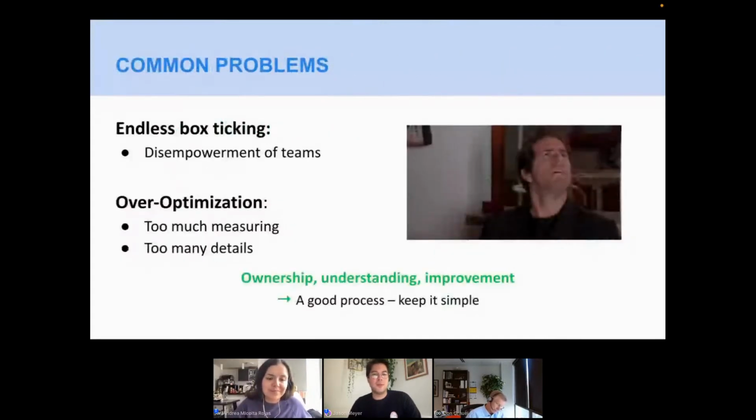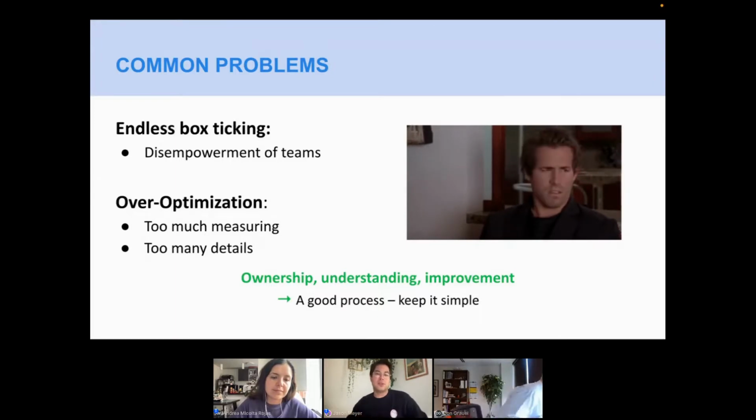So there's several problems that you will run into when building a sales process, right? You don't want to get stuck in making your sales team fill out endless box ticking. What that means is if you put a lot of steps in the process itself, it will stymie their efforts. They will spend a lot of time and effort in specific and, let's say, manual tasks instead of getting into the nitty gritty, which is actually reaching out and prospecting.